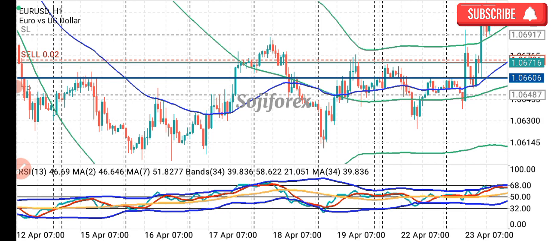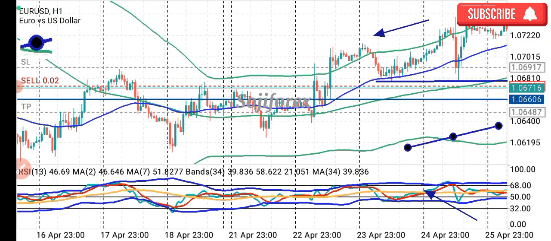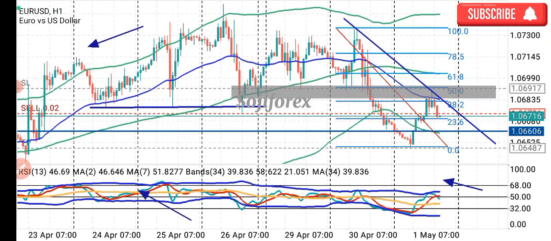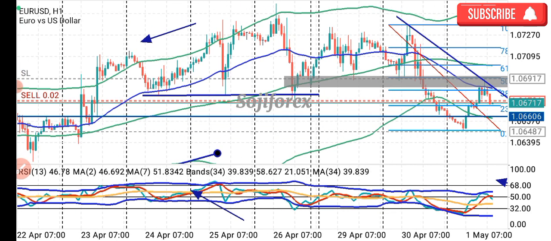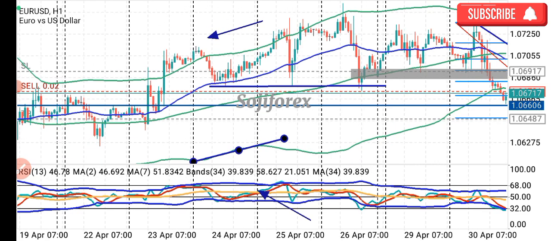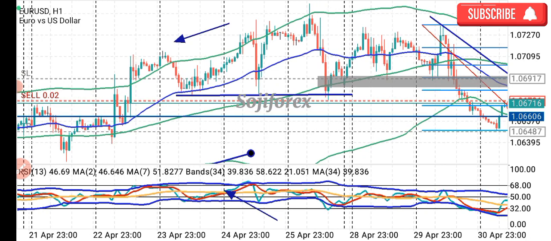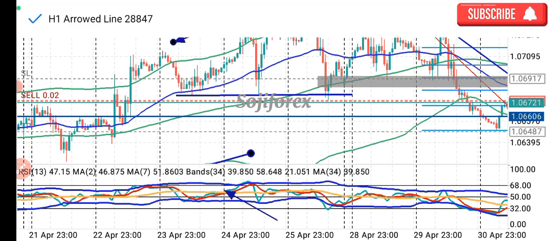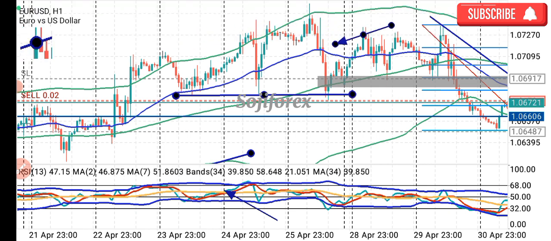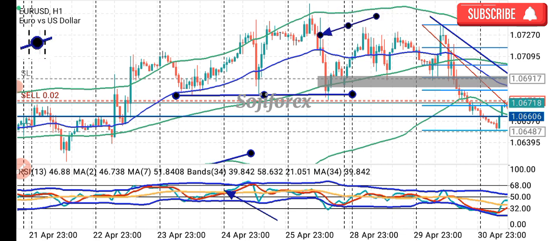Now for you to identify and trade a valid order block, you need to know the direction of the market. You need to understand the direction of the market. So a bullish order block is the last bearish candle before the bullish move. Okay, what I'm trying to say in essence is this: here on this particular candle,